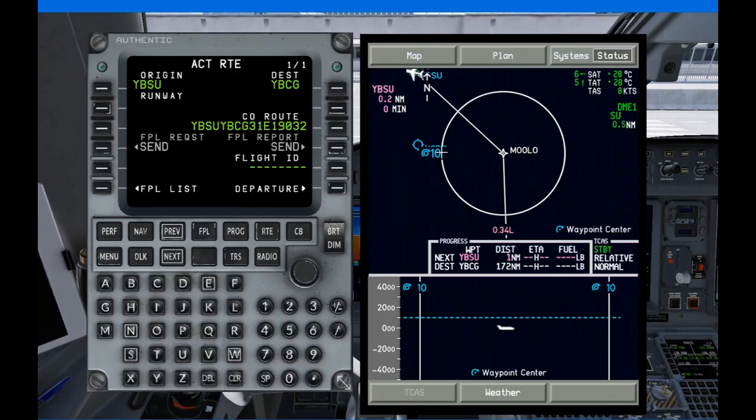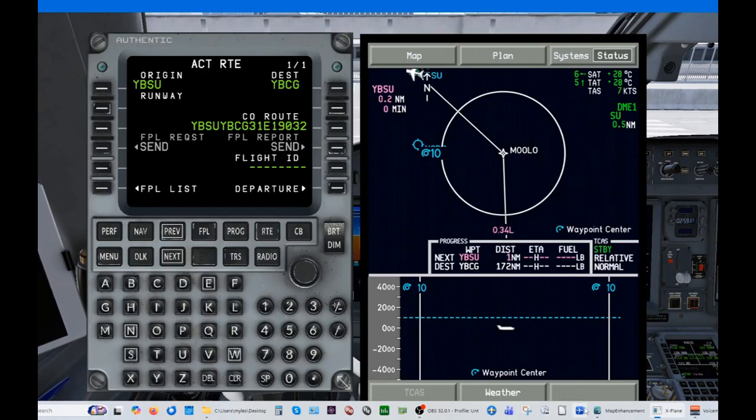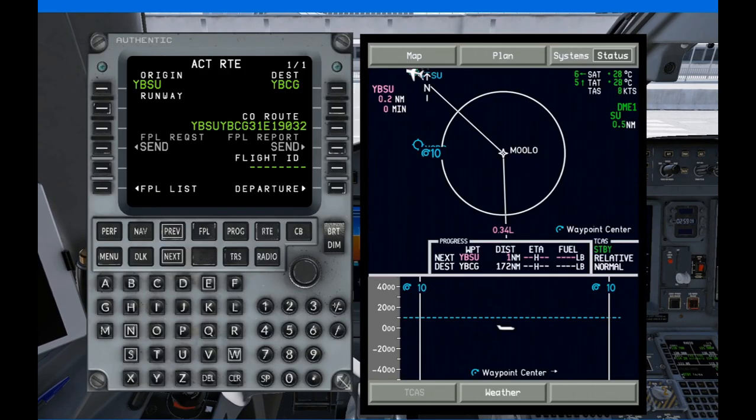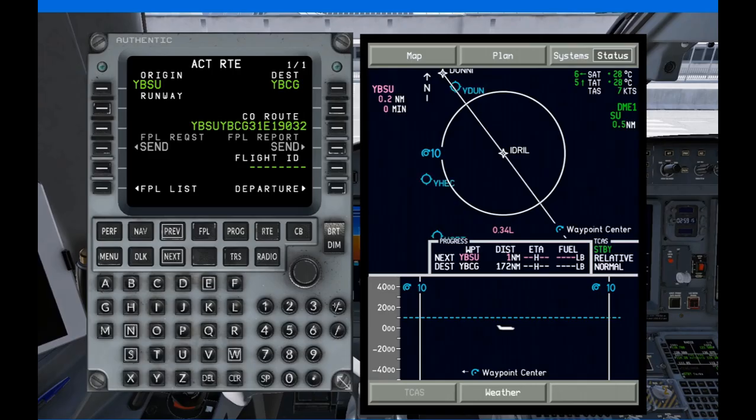And we'll just zoom out a bit. It's not going to play ball now. There you go. The thing is, I don't know why it hasn't brought up the SIDs or the STARs, but